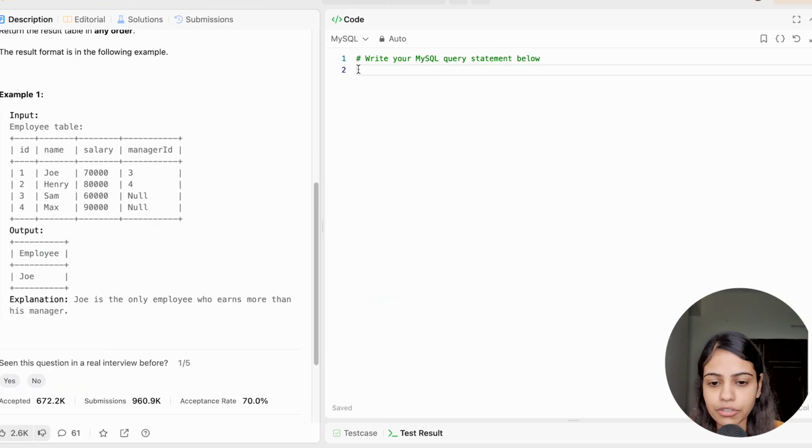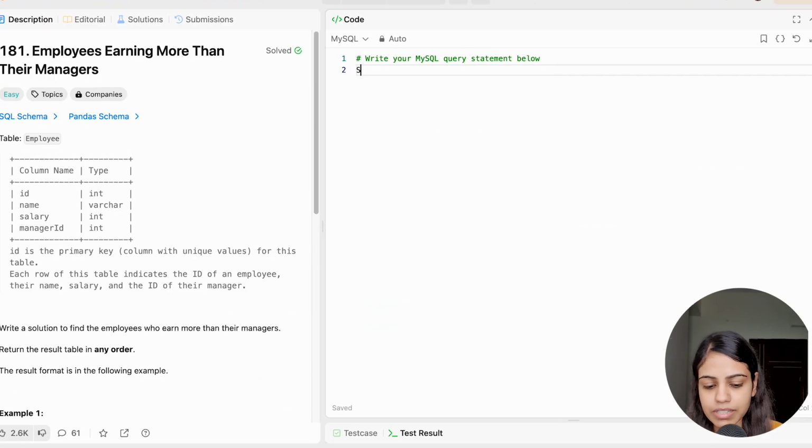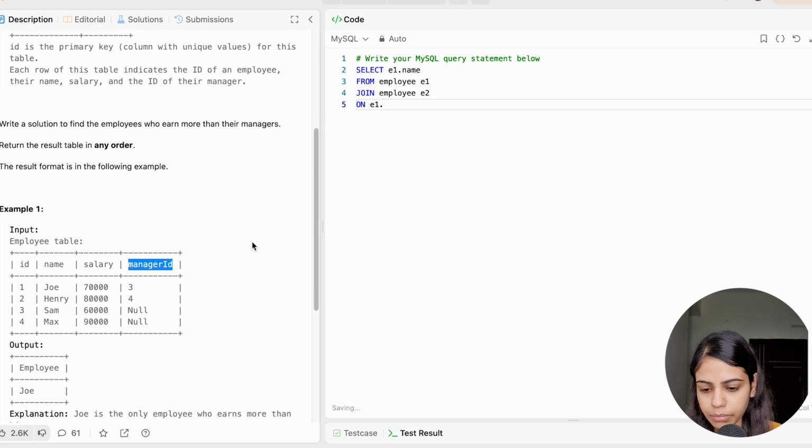So let's just solve it on LeetCode. What we will do is, first we will select e1.name, and then the table is from employee e1, and then we'll perform the join operation with employee e2, and then we will give the condition on e1 dot, let me pick the column name from here, manager id is equal to e2 dot id, and then we'll give the condition where e1 dot salary,